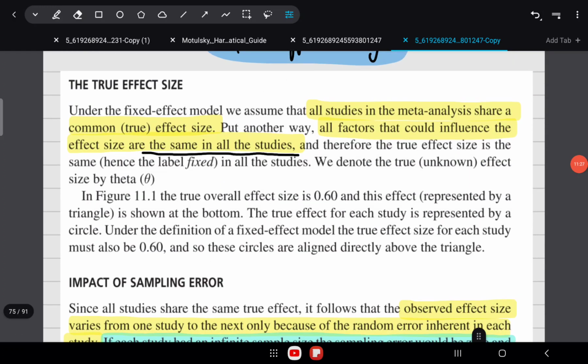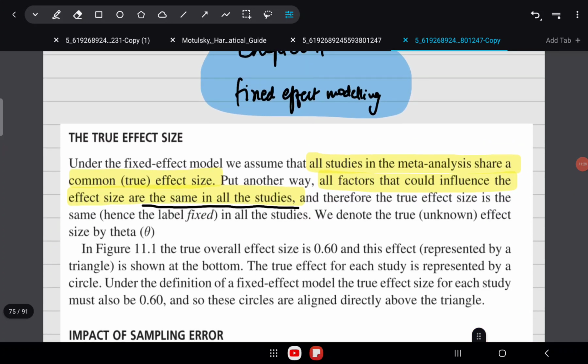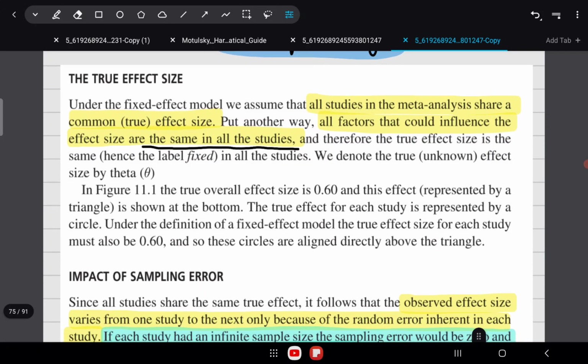As I've told you before, in fixed effect modeling, the assumption is that all the studies share their true effect size. So all the studies in the meta-analysis share a common true effect size. Put another way, all the factors which could influence the effect size are the same across all the studies.